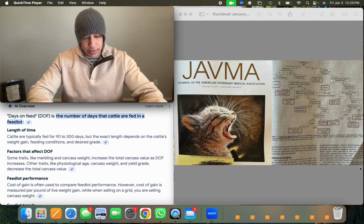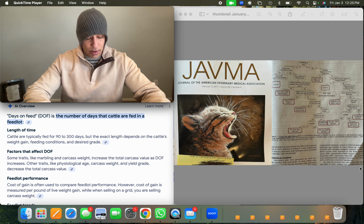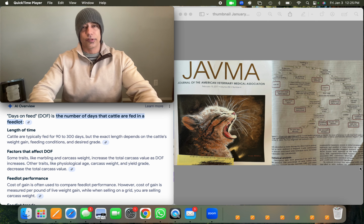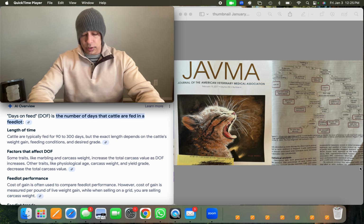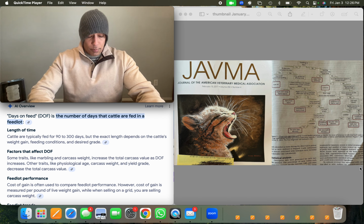All right. Estimated revenue lost because of lameness is the final section here. The mean body weight at feedlot arrival for the study population was 334 kilograms, and the mean days on feed at the time of death was 77 days. Revenue lost because of lameness-associated deaths was estimated at $0.55, so 55 cents, per animal month, or $6.60 per animal year, and this is in U.S. dollars. The estimated revenue loss for cattle realized because of lameness was $0.06, so 6 cents per animal month, or $0.76 or 76 cents per animal year. Thus, the estimated loss of revenue associated with lameness because of death or premature realized slaughter was $7.36 per animal